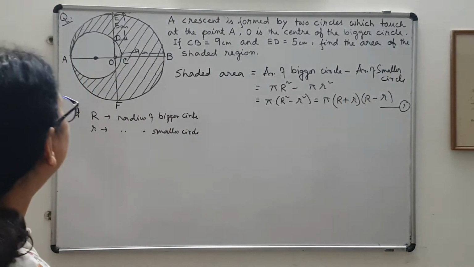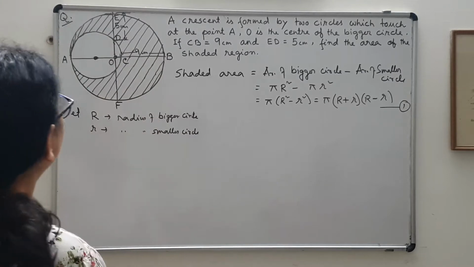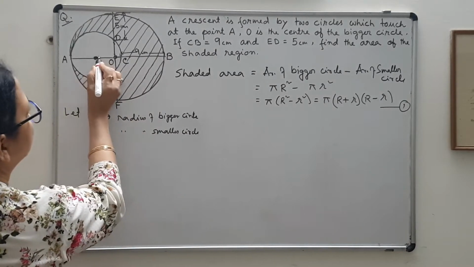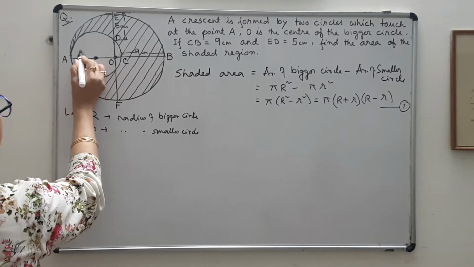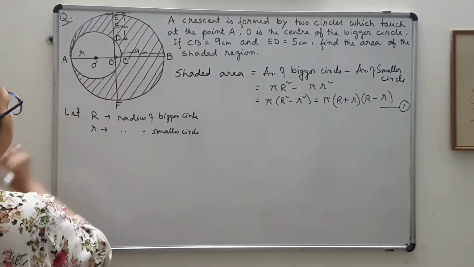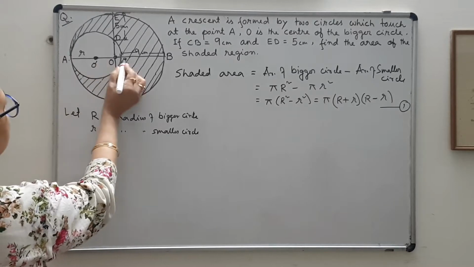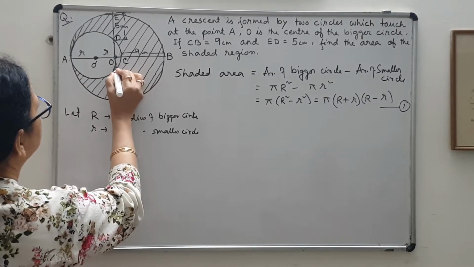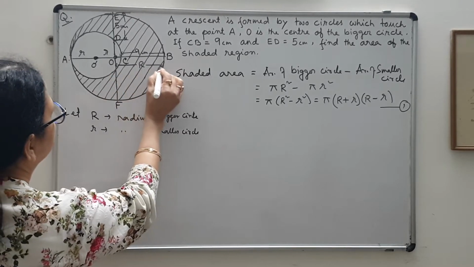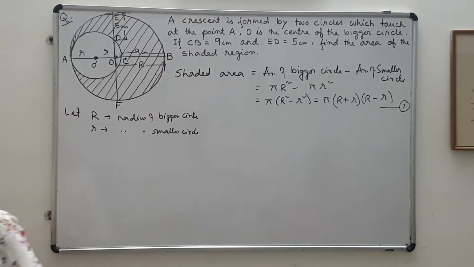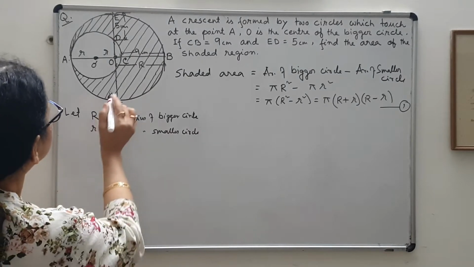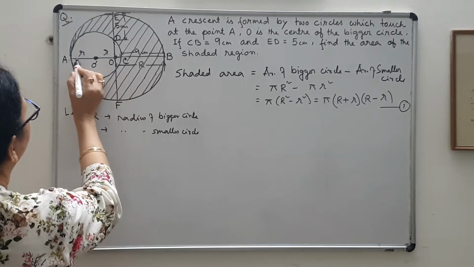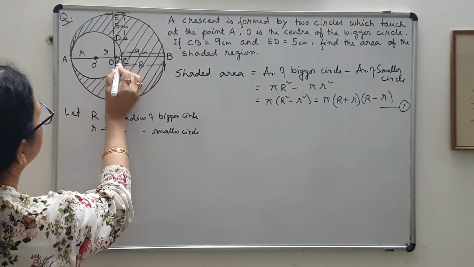So for that I have to observe the figure. Okay, so first of all you see, if this is the center of the smaller circle, let me write it down as O dash. Okay, so O dash A is small r and O dash C is also small r. Okay, fine. And this part is your capital R, isn't it? So you see one thing. So you will see on the AC, this point is C, no?